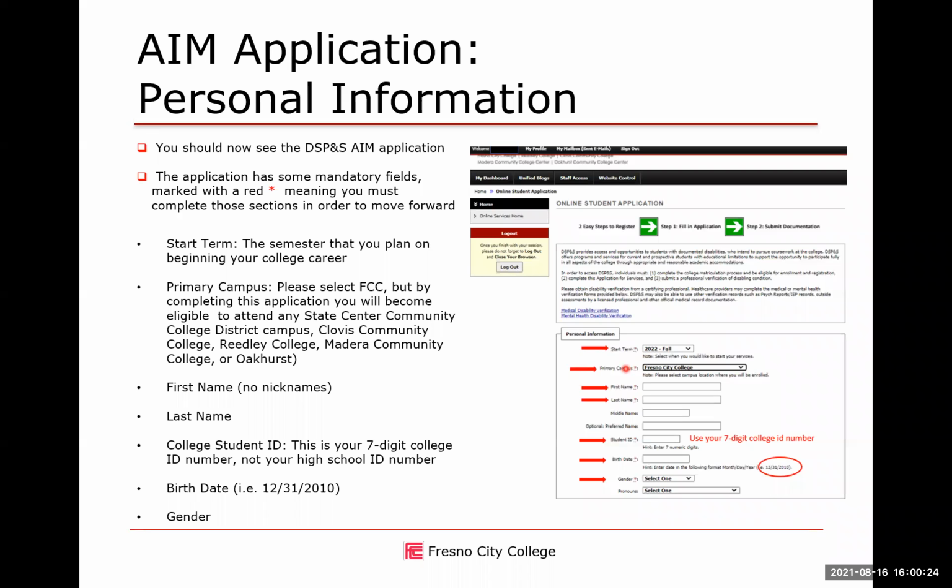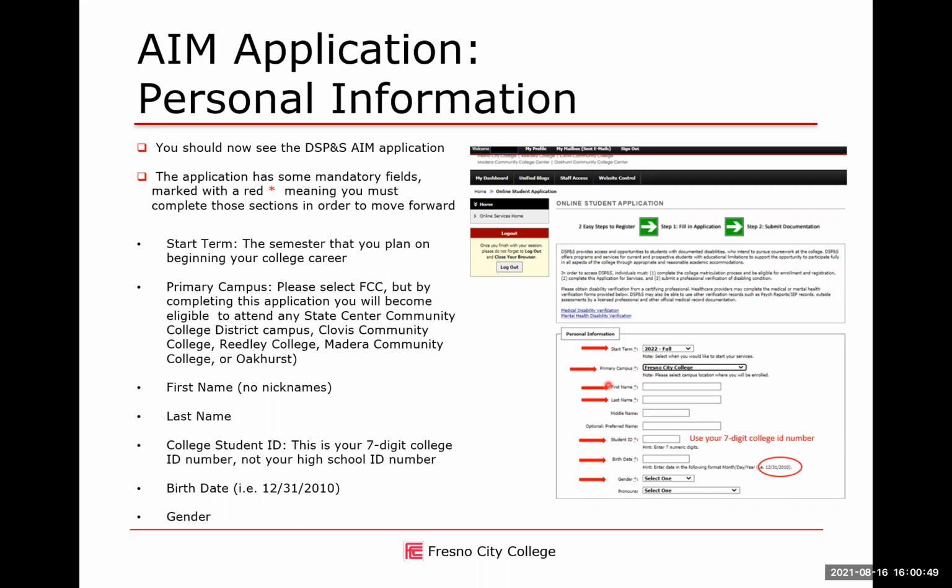The primary campus for this application, we're going to pull down the menu and click Fresno City College. This application will make you eligible to attend any State Center Community College District campus: Clovis Community College, Reedley College, Madera Community College, or Oakhurst.